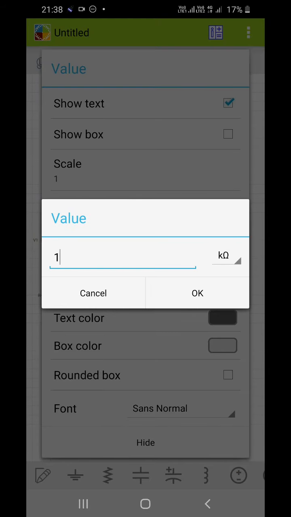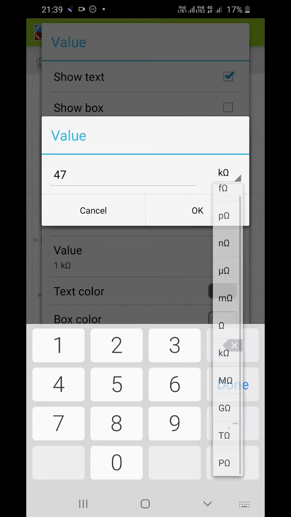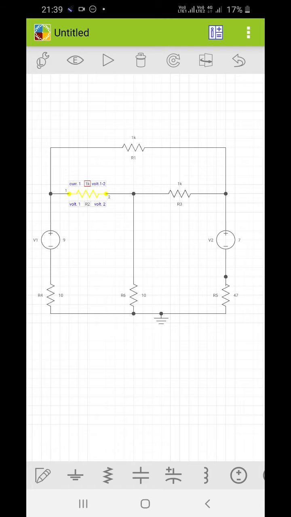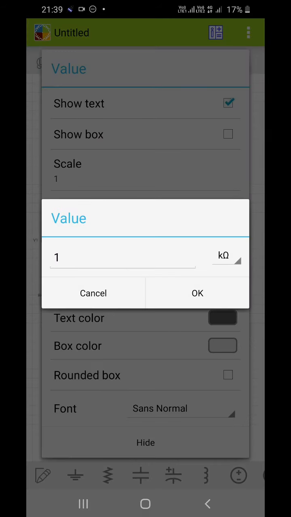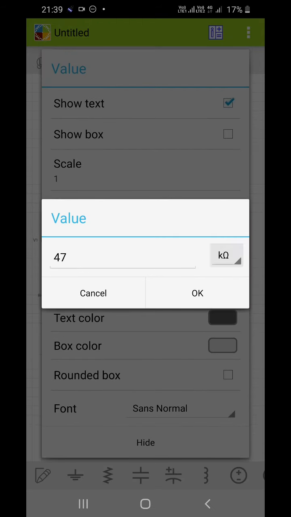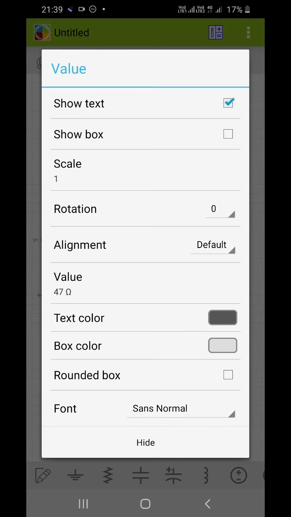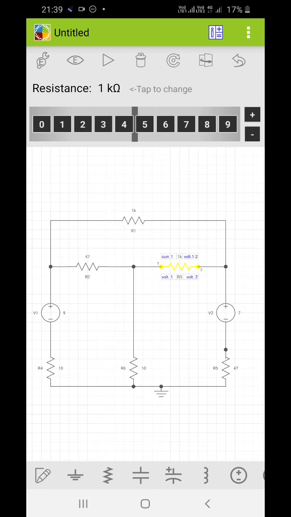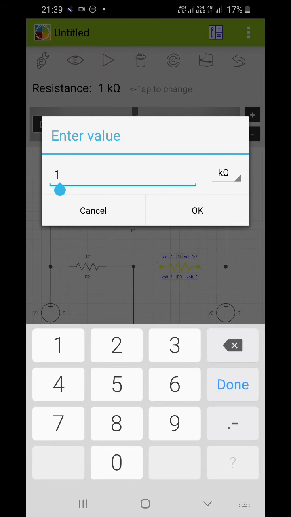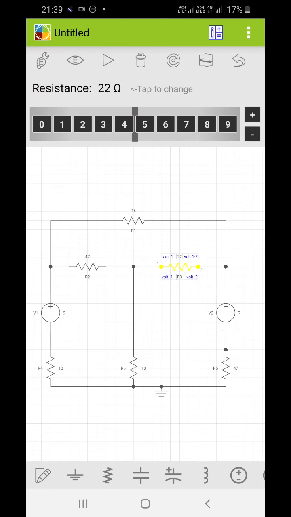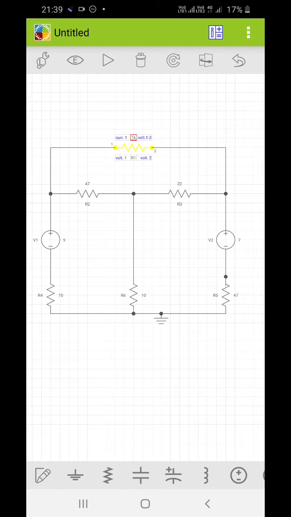Here I want 47 ohm. Here I want again 47. Sorry, this unit should be ohm. This resistor should be of 22 ohm. So 22 ohm. Okay, the last one, this is 100.